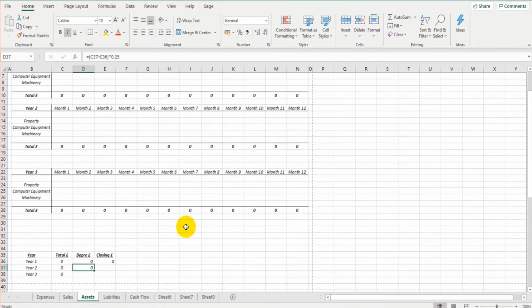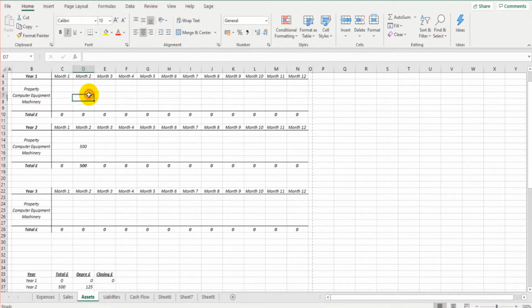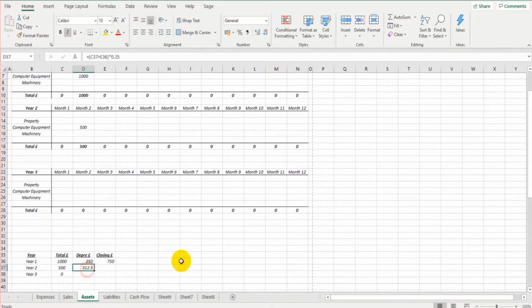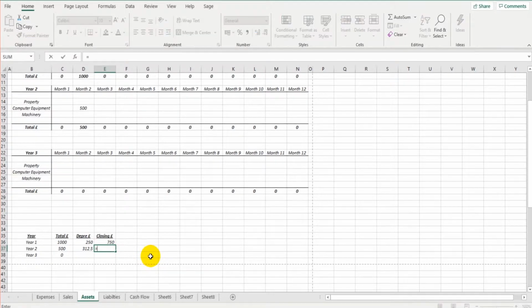So now let's just demonstrate that. In year 2, if we buy something for 500, the depreciation is 125, which is 25% of this. But if we have a balance from the previous year, such as 1,000, then the depreciation actually goes up to 312.50. The reason being we're depreciating the assets purchased in the year, but also the assets still in the business from the previous year. Now the closing balance for year 2 is going to be equals